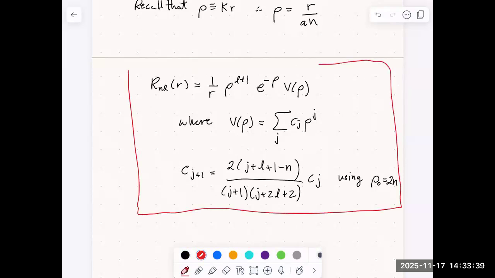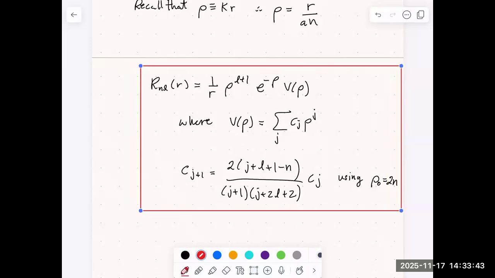And so this is in principle our solution for the radial part. It is messy, I agree, but it is the solution. n equals 1, 2, 3, and so on. Okay, and you can see now how the value of n is going to truncate the recursion relation